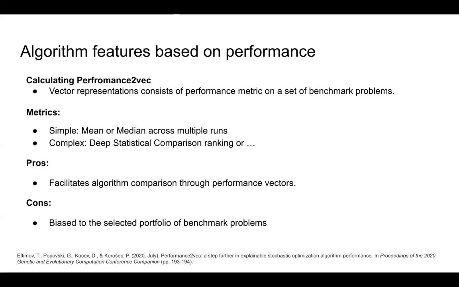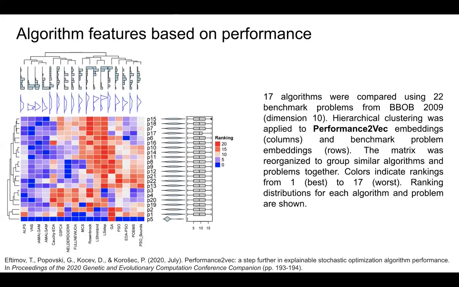But the negative part of this kind of representation is that it is biased to the benchmark data. So what we need to do first is this diversity, what Gina was presenting before, selecting really representative data, and once you have selected, measuring this in order to get the complementarity. If you want to see how this looks, these are 70 algorithms on 22 benchmark problems from the BBOB 2009 competitions. So we rank them,